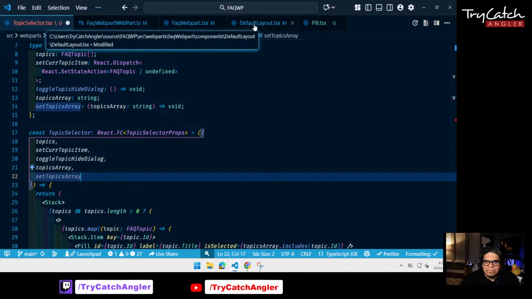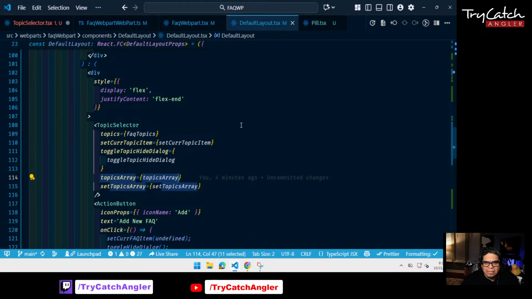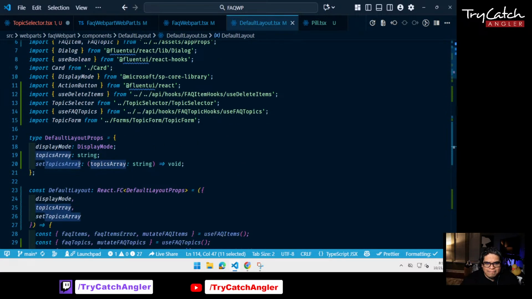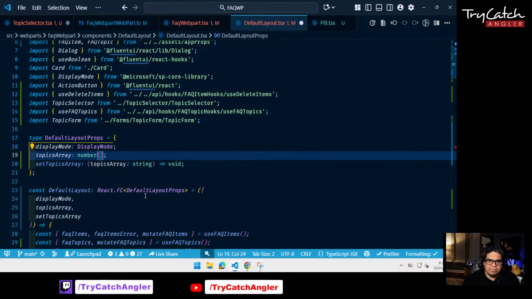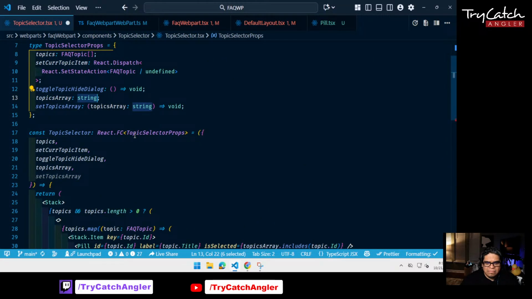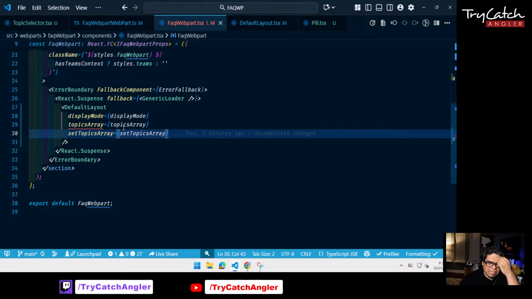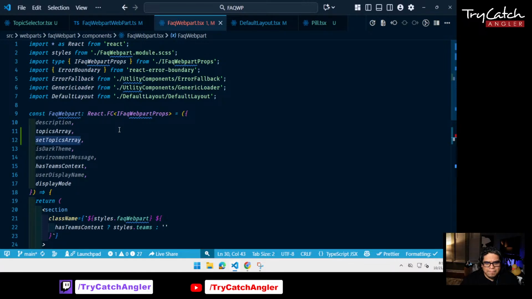So let's do that. So in default layout, instead of it receiving topics array as a string, let's call it an array of numbers. Yeah, let's do it that way. And then for the topic selector, we're gonna also do the same thing, number array. And then for the web part, it's not gonna like it. So topics array,